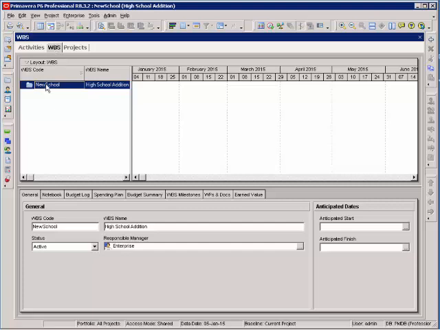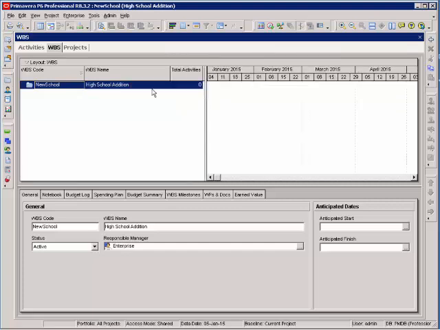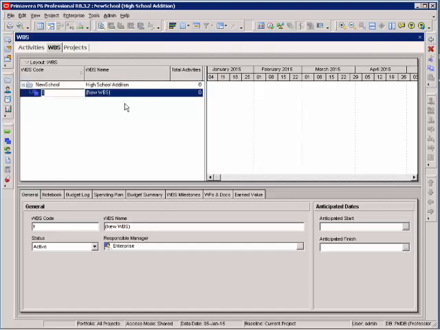So in my work breakdown structure, here is my highest level of the WBS, which is the name of my project. I'm going to slide my screen over to the right and start adding work breakdown structure. The work breakdown structure that we're going to use is on page 34 in your manual. To add a work breakdown structure element, you select the Add here in the top right corner of your screen. I can add, and I'm going to add my first one from my list, which is